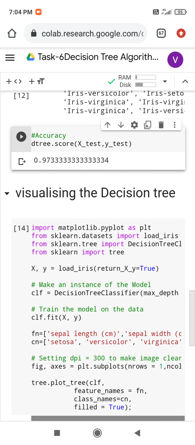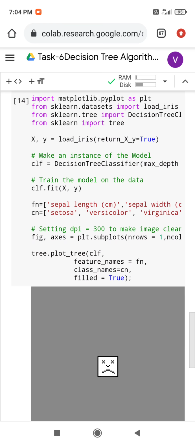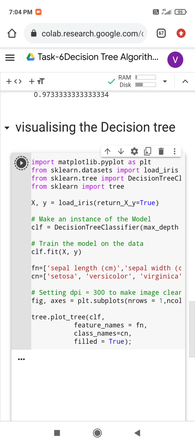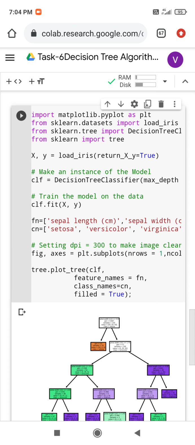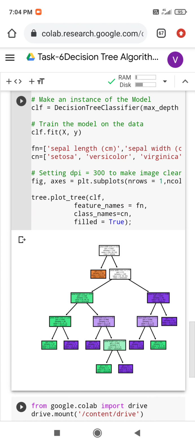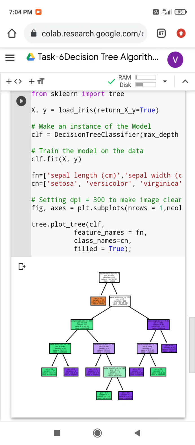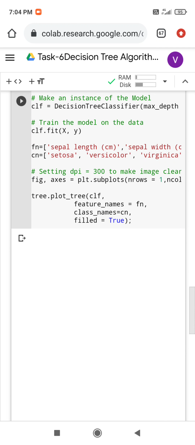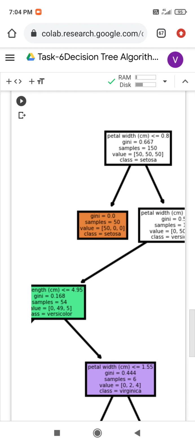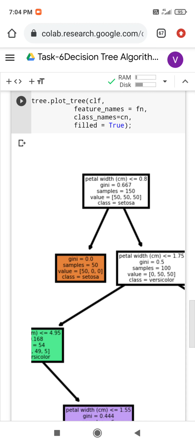And next, we need to visualize the data which is present in the data set, and how the decision tree classifies each class as versicolor, virginica, and setosa. Firstly the data is represented in the order of setosa, versicolor, and virginica. Based on that, first look at these values: 50, 50, 50.